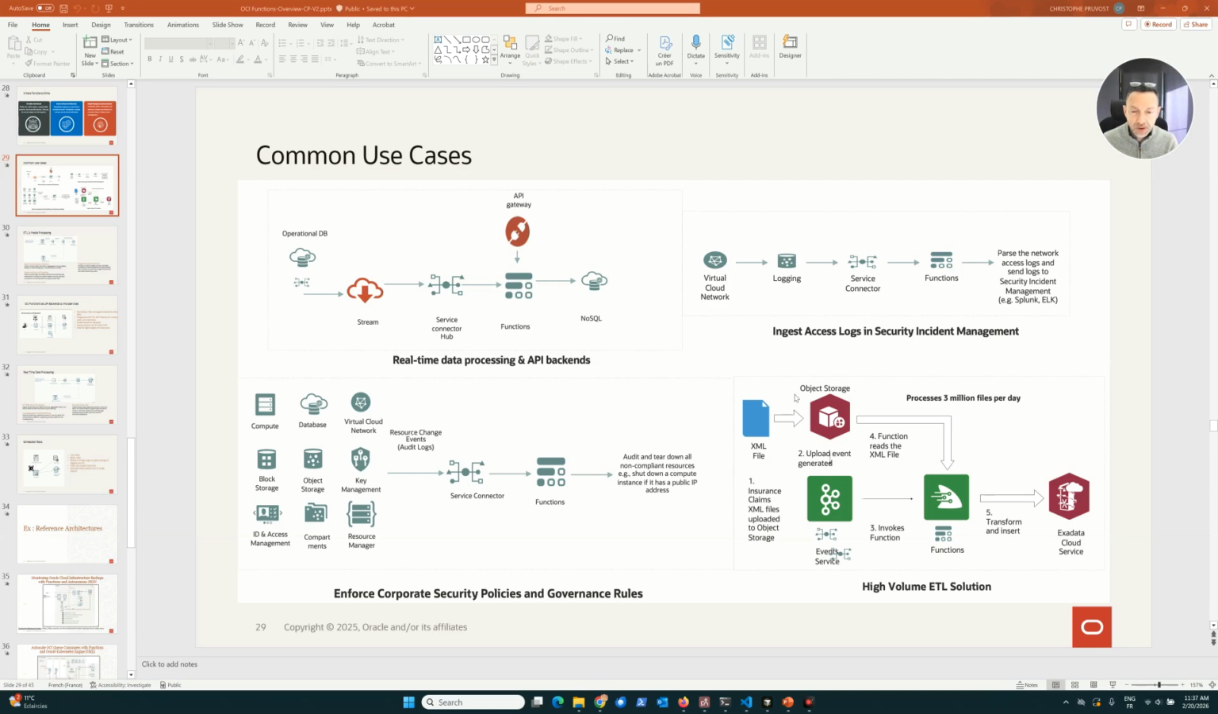Okay, today I'm going to show you a demo with function in the context of security incident management. It's a very common use case. In my demo, I did some update on a security list of a private subnet of a VPN, okay? And then I got an event, then I call a function, then the function